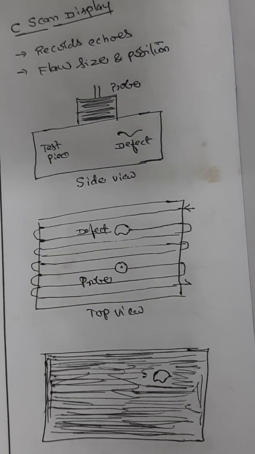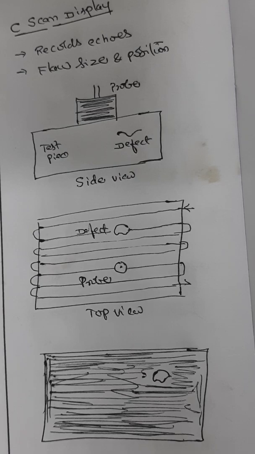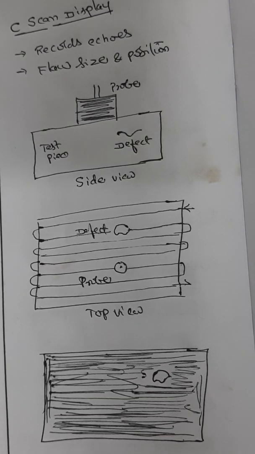When you look at the C-scan display, it records echoes from internal portions of the test specimen as a function of position. Flaws are shown on the readout superimposed on a plan view of the test space. Both the flaw size and the position within the plan view are recorded. In a basic C-scan system, the search unit is scanned over the surface of the test space. The echo intensity is recorded as a variation in the line shading.